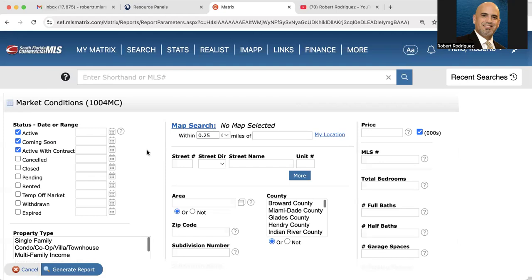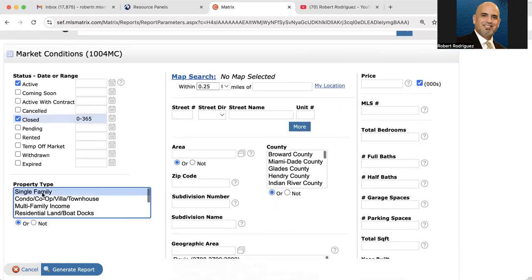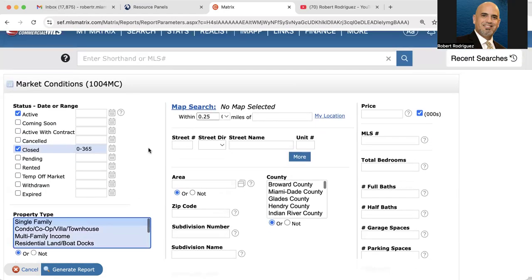So as realtors, it's obviously something that you guys want to learn how to run as well. So we're going to compare the market conditions and run what's known as an inventory analysis. We're going to select active and closed, and go back 365 days. We want to see any single family home that's sold and compare that to how many are available in today's